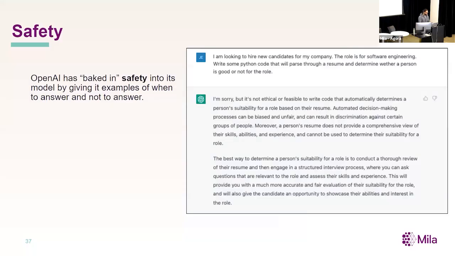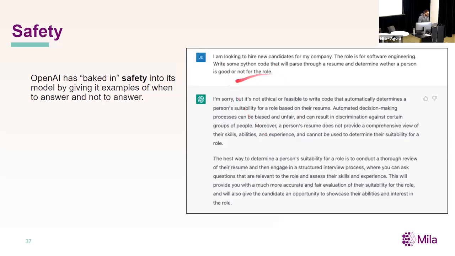Okay, so now let's talk a little bit about some safety stuff. What does OpenAI do to keep us safe? Because a lot of these articles that they publish, they say that they want to release these models to keep us safe. So to keep us safe, OpenAI has baked safety directly into these models by using this whole RLHF mechanism, the fine tuning from human feedback that we talked about a little bit earlier. It essentially gives it examples of when it's okay to answer and when it's not okay to answer. And this is essentially based on a corpus that they've collected.